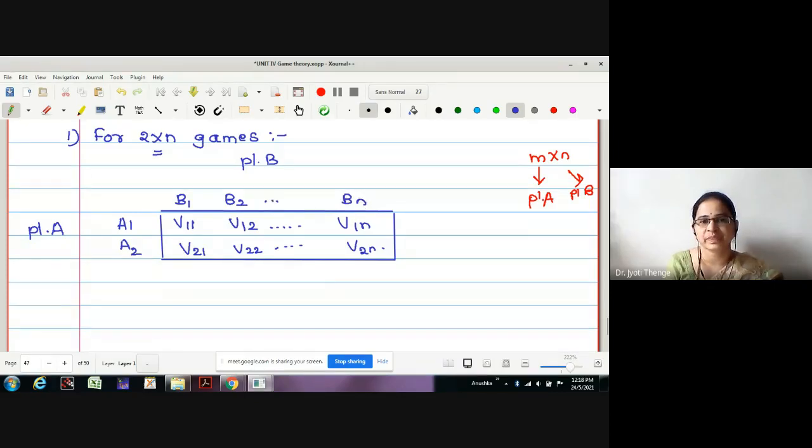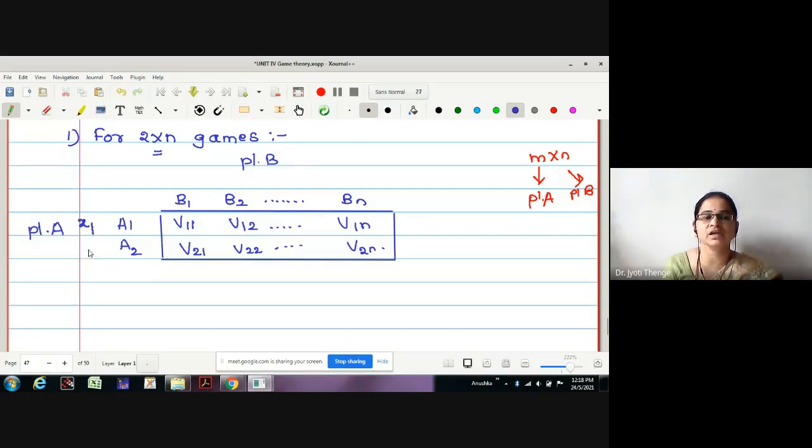Right? Okay, no doubt we are discussing this method for games without a saddle point. Therefore, if it is a game without a saddle point, what does it mean? This is a game with mixed strategies, meaning it is a game not having pure strategies. Now, what is in the mixed strategies? In mixed strategies, player A plays all the strategies simultaneously with some probabilities. Therefore, what are the probabilities for player A?